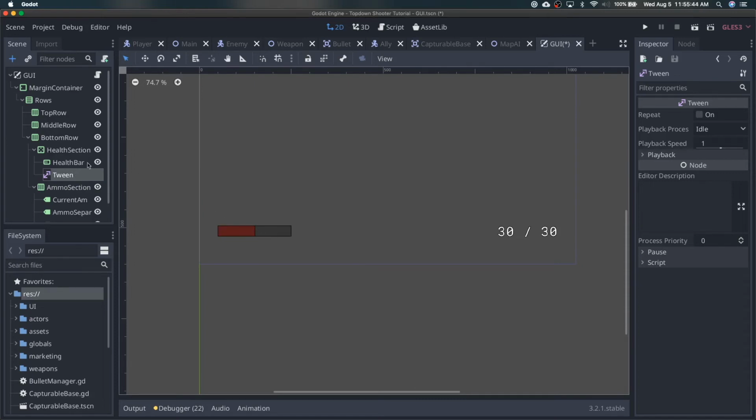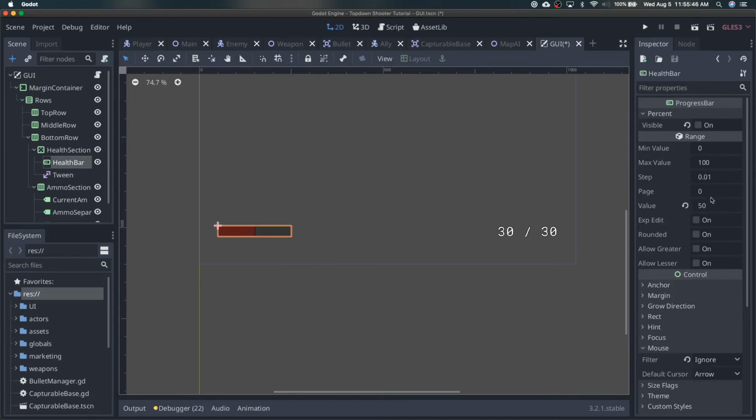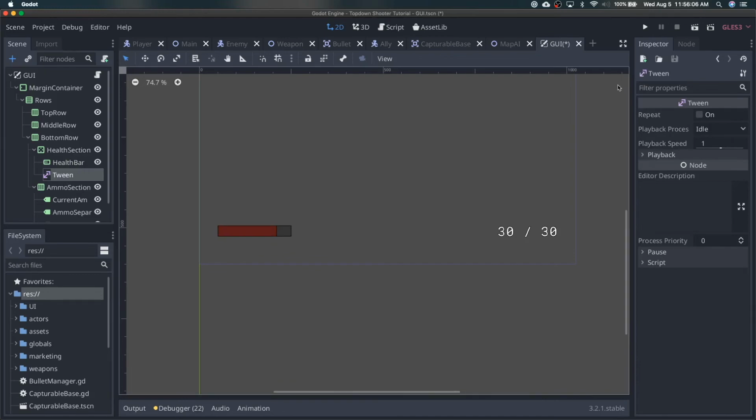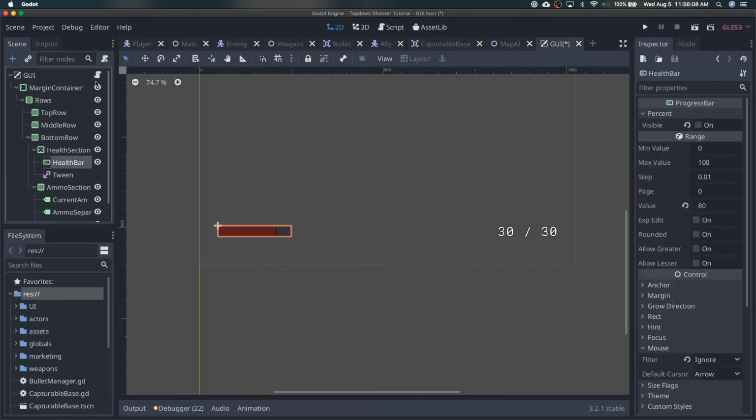So say I have a health bar and I get hit from 100 to 80. Well, it just instantly changes. But what would be nice is if it quickly kind of lost value here, so you could see a little bit smoother of an animation. And it'd be cool if we changed the color a little bit just to really indicate to the player, hey, you lost health. So in order to do that, what I'm going to do is come to our script here,